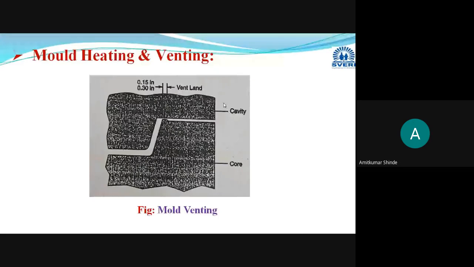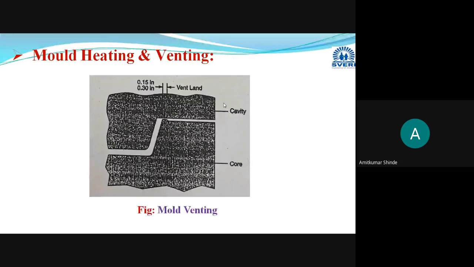Please draw the diagram. Okay, now there are general guidelines. Now, what will be the preferred location? Generally, these vents are provided on the movable half of the mold. In the movable half only the plunger is there, and on that location you have to provide the vents, and these vents should be open to the atmosphere.